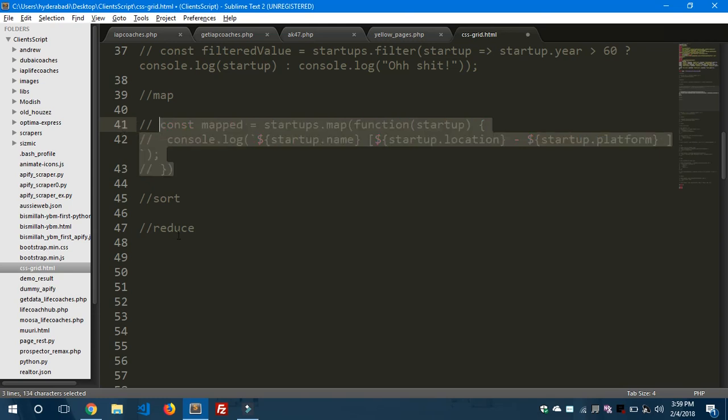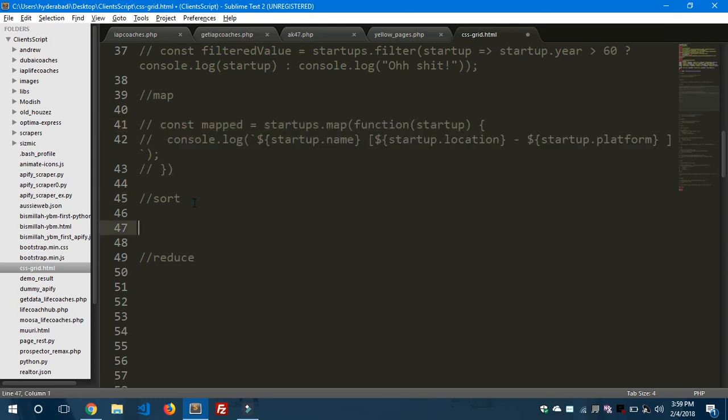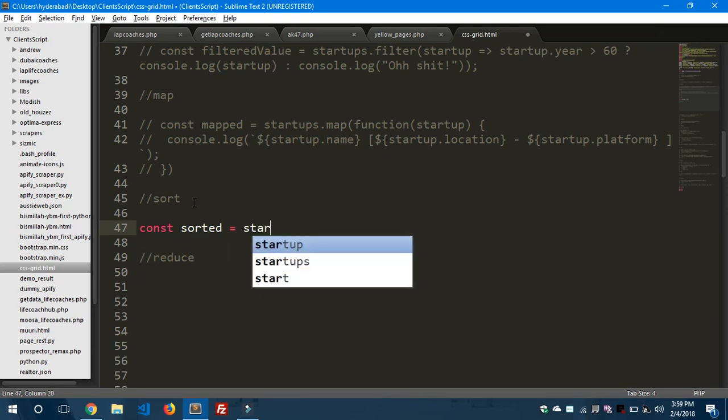Let's comment out this line and move to the next function, that is the sort function. As you can understand from the functionality, it allows you to sort the values inside the array, right? Let me show you how you can do that. Const sorted, you can say startups,